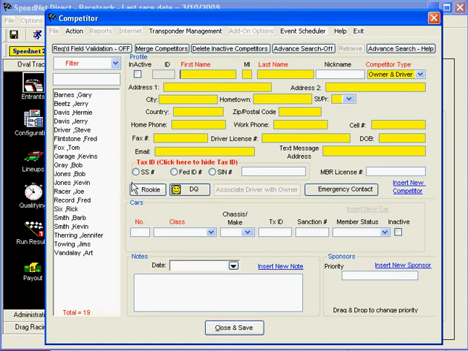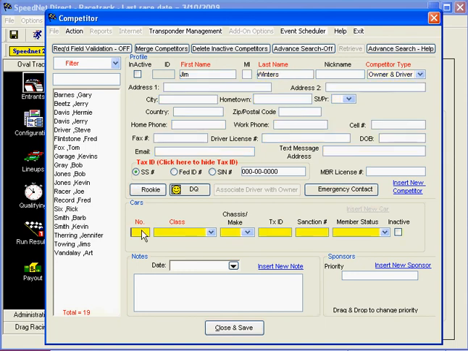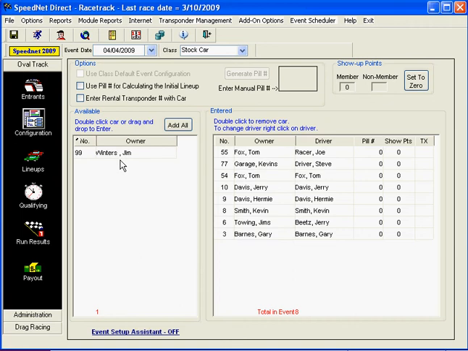I can enter their car number and the class, close and save, and that competitor now becomes available here to be able to put them in the race. You can also highlight that and either go to Options, select Competitor Profile, or hit your F2 button